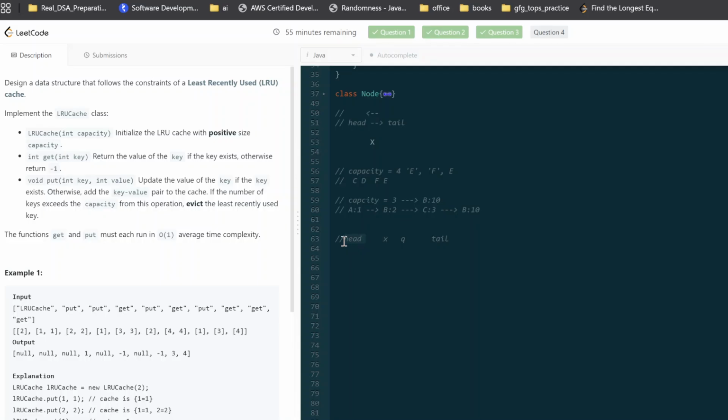So these are the two nodes I created, dummy head and dummy tail. Should I also create head and tail? So initially they point to head and tail, and whenever I add something, my head becomes head next, something like that, and tail becomes tail's previous. So this is my head and this is my tail,